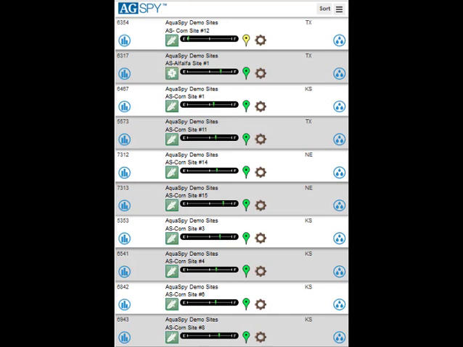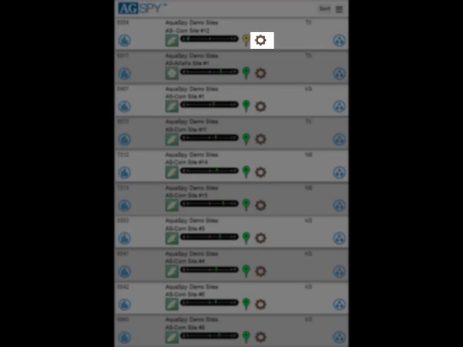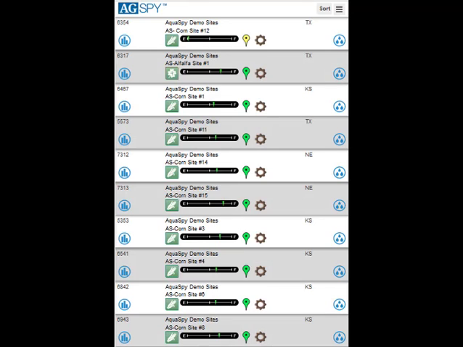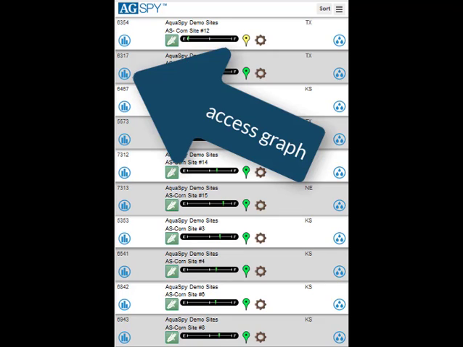If a gear image is shown for this site, it means that an automated irrigation template is being used as opposed to a manual template. If you want to learn more about the moisture gauge, the pin colors, or the automated templates, please view the other available tutorials. To access graph information concerning any of the sites listed, choose the graph icon that is just